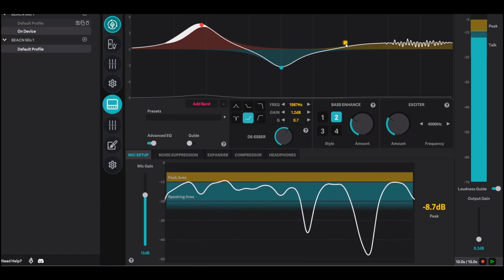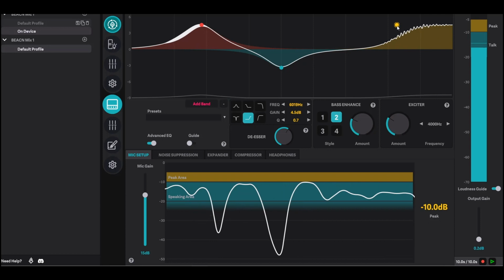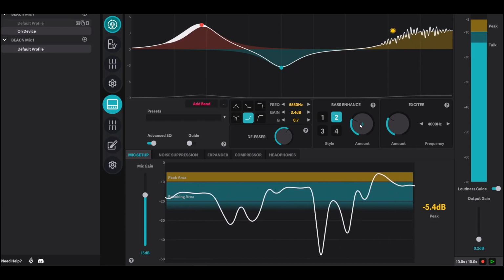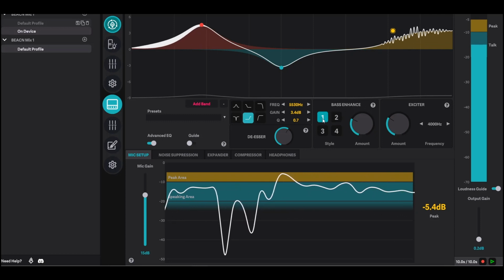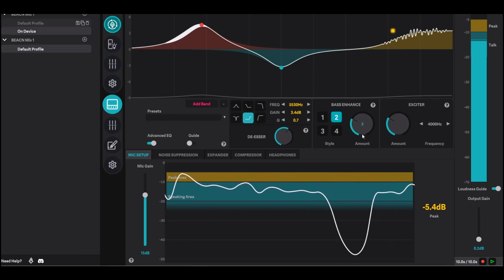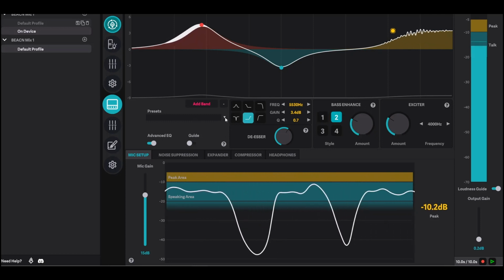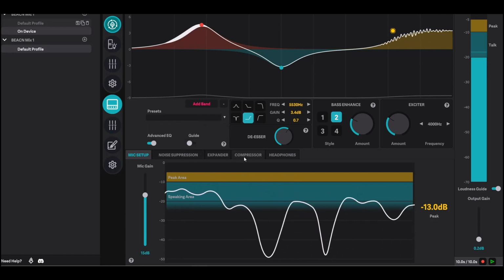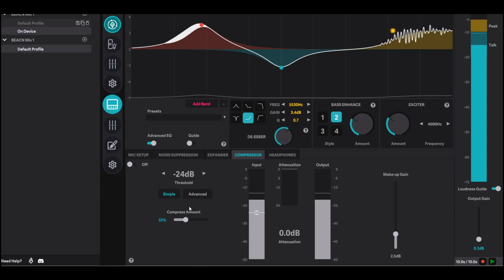And then I could do this. Now, let me see if I go over here. I'm going to probably really affect the voice. A lot of customization inside here. You got bass enhancer, 4 different styles, exciter. But what I want to do, see, it's only those presets. Interesting. Now let's go to the compressor and see how this compression works. I'm going to increase the compressor amount. Maybe what I should do is drop the threshold